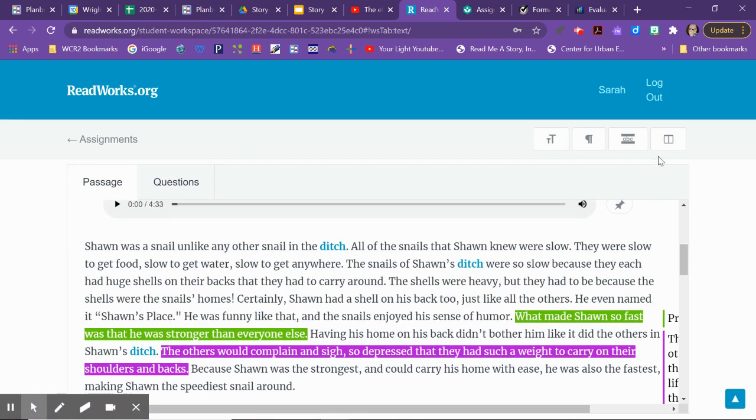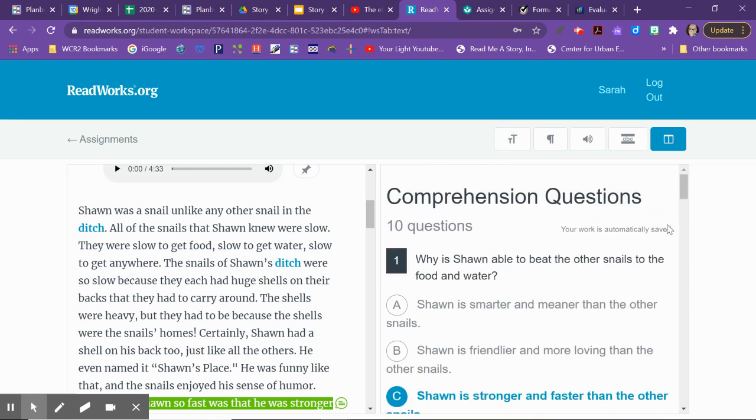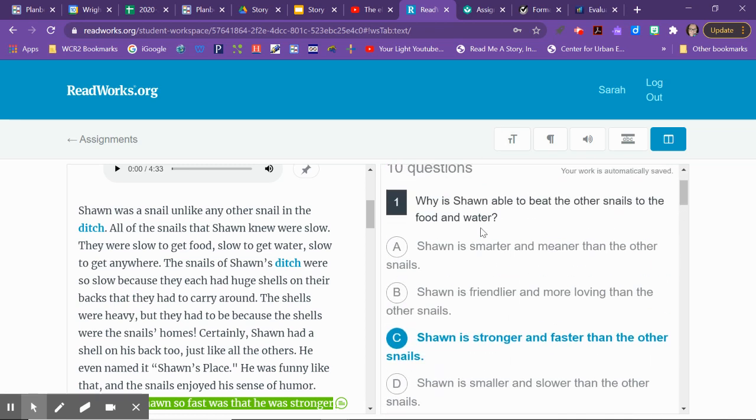So just a few tips and tricks I wanted to show you so that you are taking full advantage of the tools that you have available to you when you're doing your Readworks